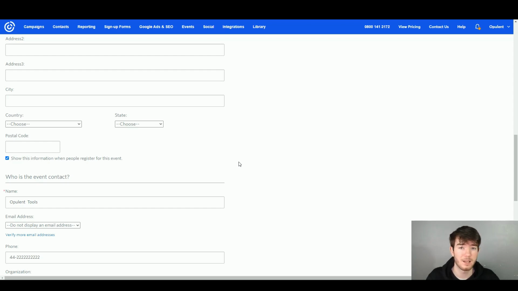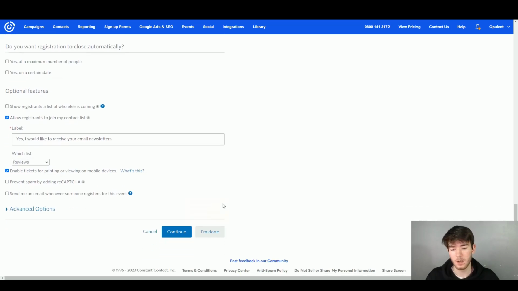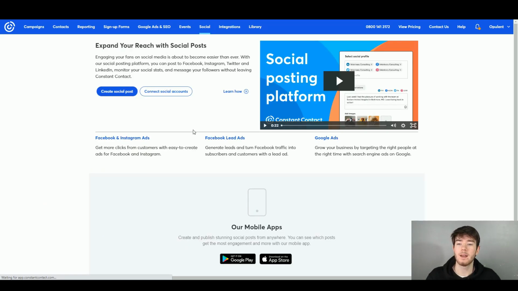Usually it takes loads of planning, but with this software it makes it easy, straightforward, and saves you time. I really like this feature in case I was to ever set up an event. Once you have set up your event with all your details, you just click I'm done all the way at the bottom. Next, onto the social section, you can actually create a social post through this software by just clicking